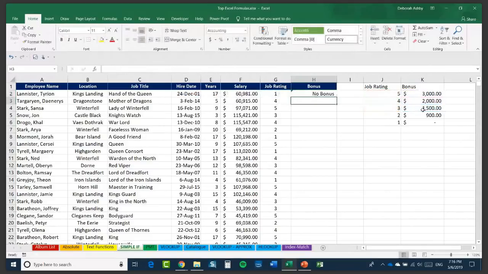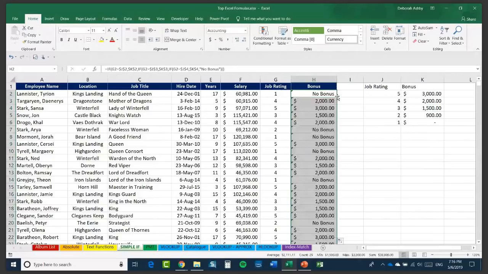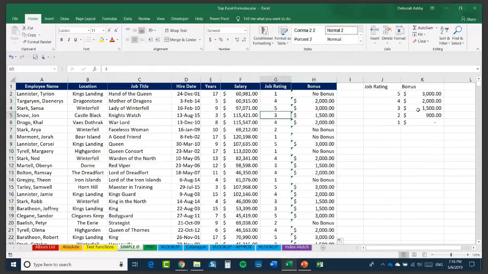And then copy that all the way down. You'll see here that I should have something entered for all of those ones that I entered. So I did it for 5, 4, and 3. And you can see there we have it. So we have no bonus for anyone who has a job rating that's 2 or 1. I could have included these in here if I wanted to. All right, so that's kind of how you construct an if statement and how you can build up nested if